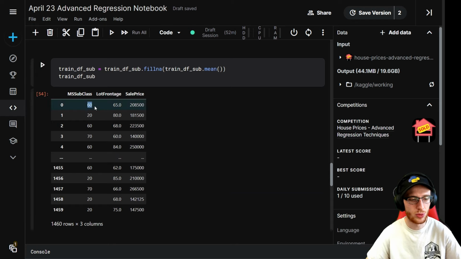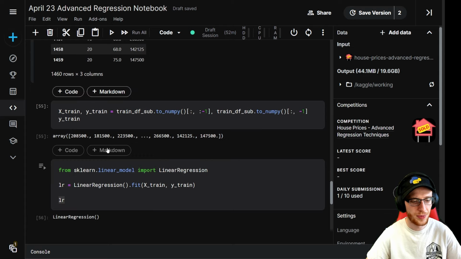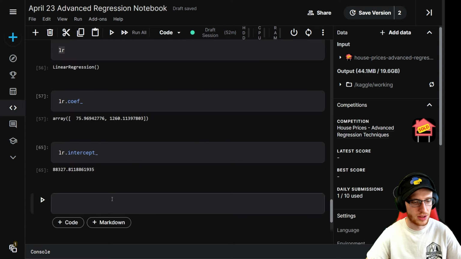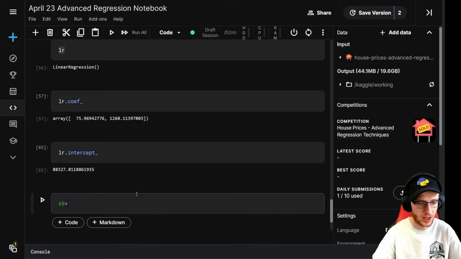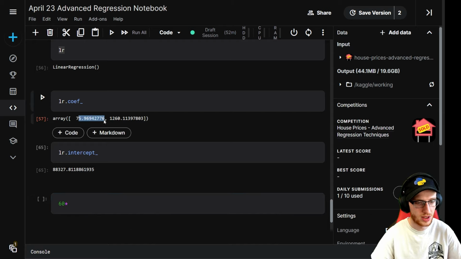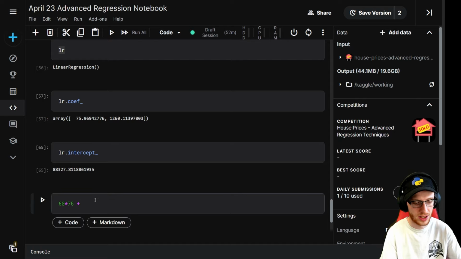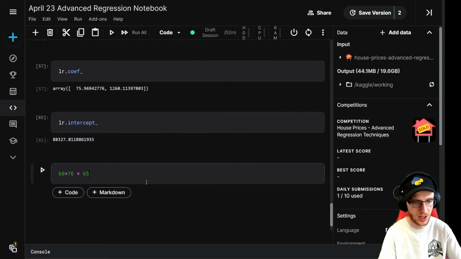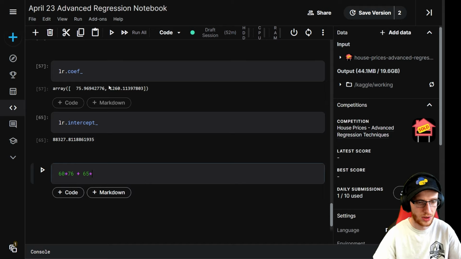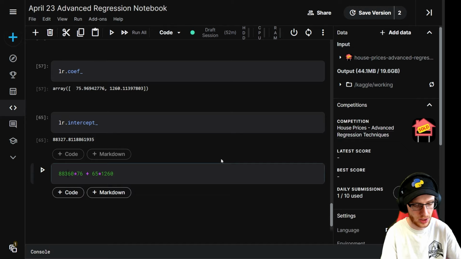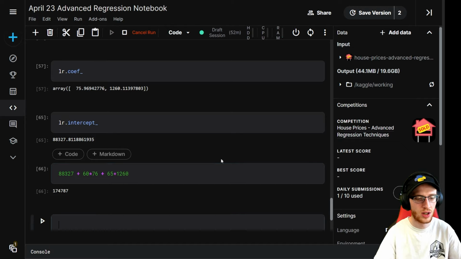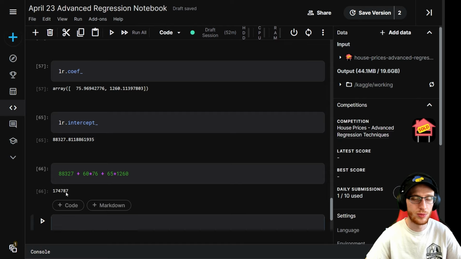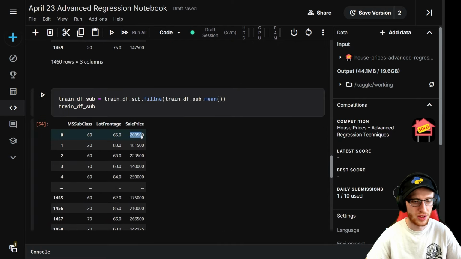Okay, so let's say that we did have these inputs. We had a 60, so it should be the 88,000 plus 60, and then times whatever the LR coef was. So this value, sorry, that should have one more. We'll just say 76 approximately, plus, and then we will get the 65. Okay, so this is 65, and then times the 1260. And then we will add the intercept, 88,327 plus this. All of that would be our predicted price given the linear model. Why is it 3,000 off the